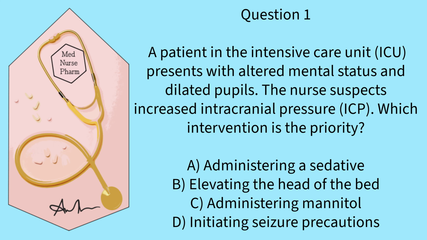Question 1. A patient in the intensive care unit presents with altered mental status and dilated pupils. The nurse suspects increased intracranial pressure. Which intervention is the priority? Administering a sedative, elevating the head of the bed, administering mannitol, initiating seizure precautions. Pause the video and select your